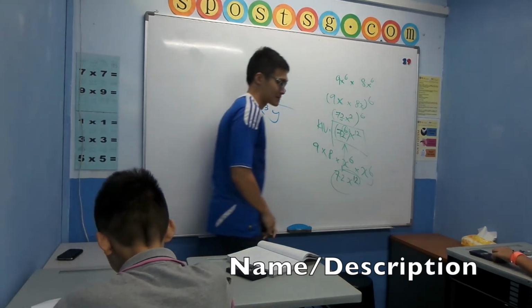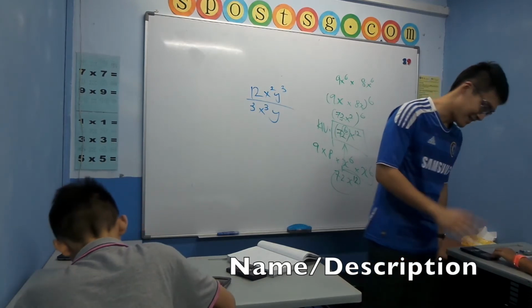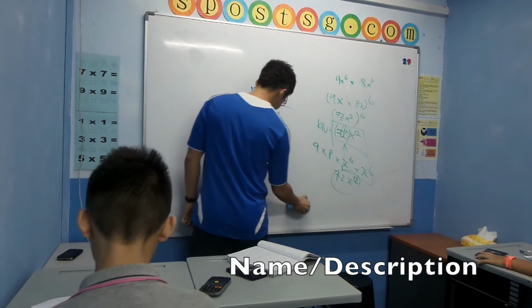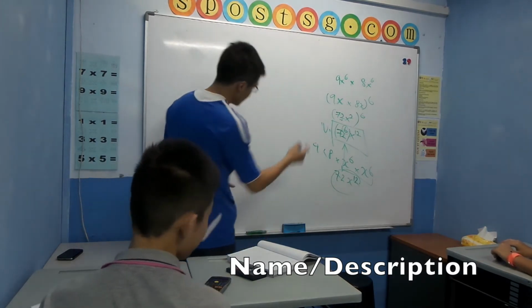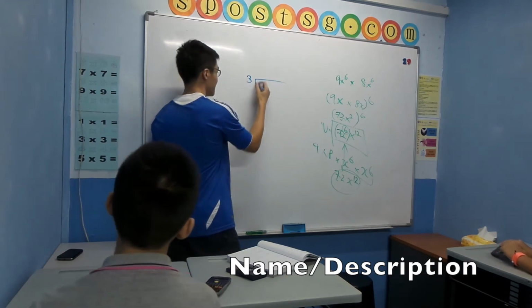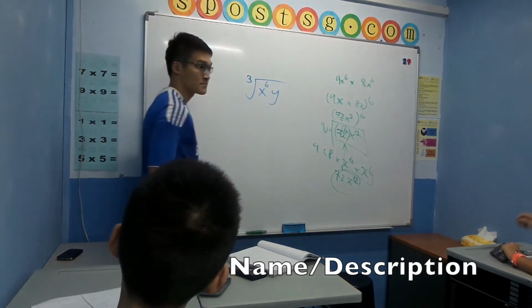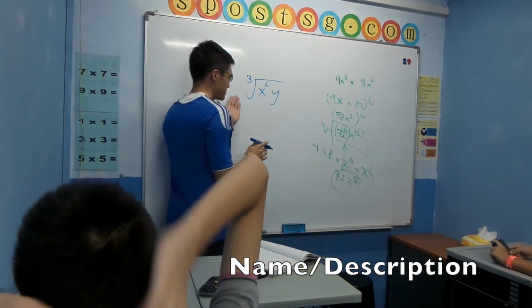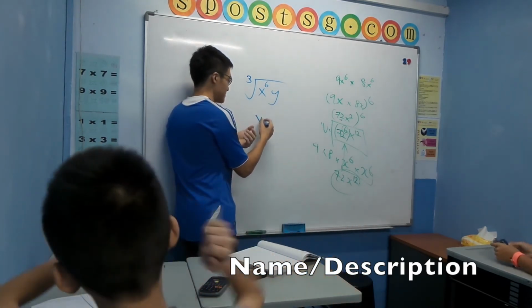Listen, can you get it? I don't know how to combine the number three. Okay, looks like you all have some problems with the cube root. So let me enlighten you all. It's quite straightforward. I got cube root, and I got x to the power of, what should we do with the y? When I mentioned cube root is to the power of what? 1 over 3. So can I write in terms of this?